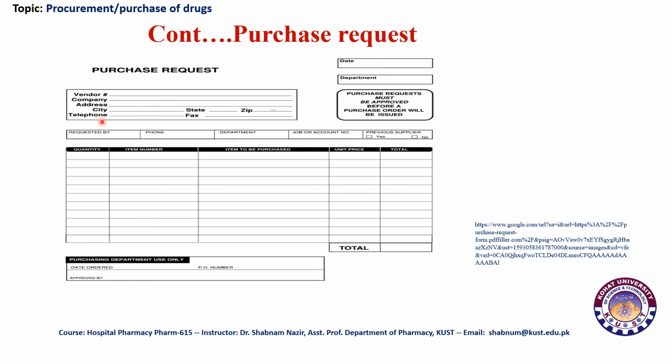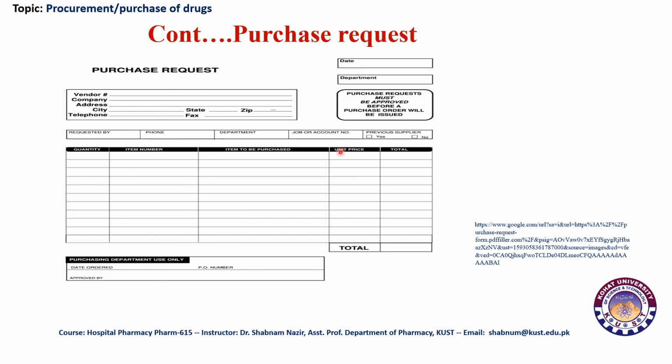And then in the right top corner there is a square box along with date and department, and it is clearly written that the purchase request must be approved before a purchase order will be issued. Then the rest you can see that quantity is given, item number is given, item to be purchased is given,